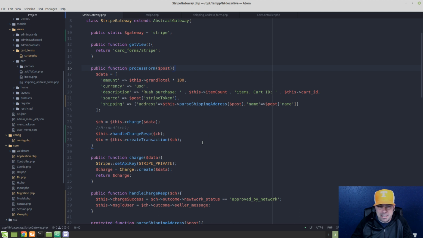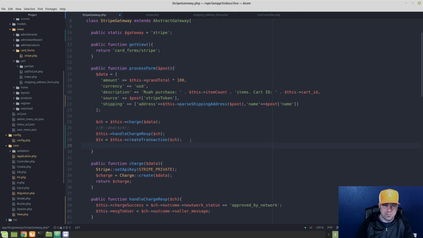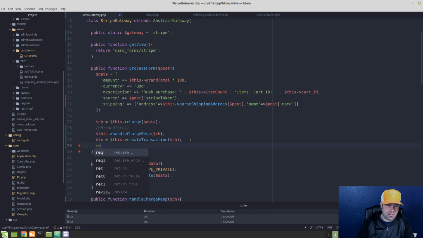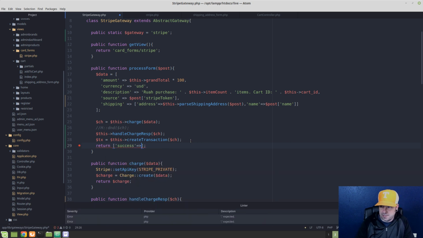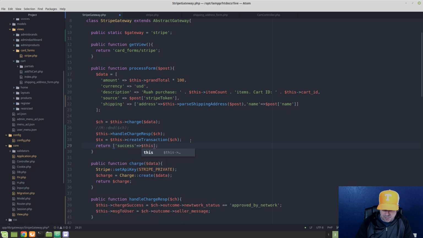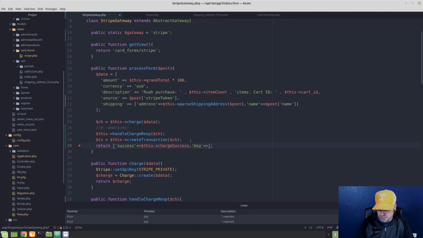We have everything we need now. We just need to return that information to our controller so they can use it. So what we're going to do is just return an array. And the first thing we'll do is set success. Now success is going to be this charge success. So that'll be either true or false. Our message is going to be this